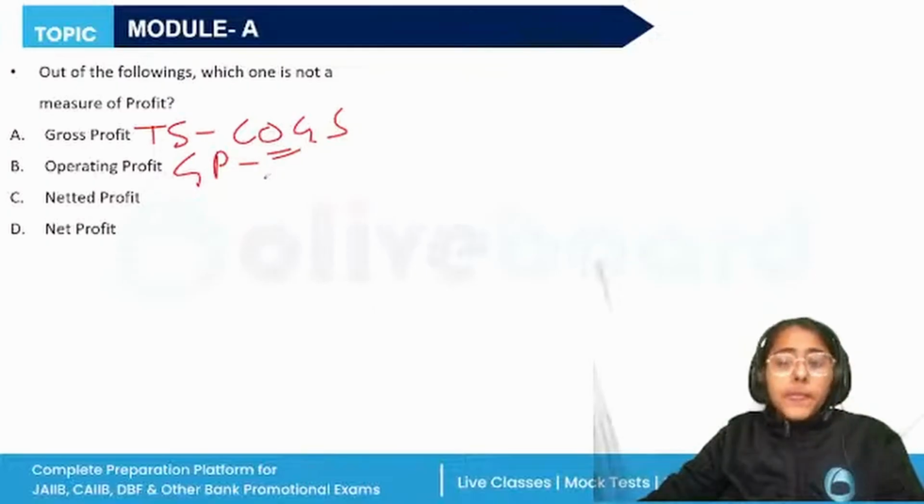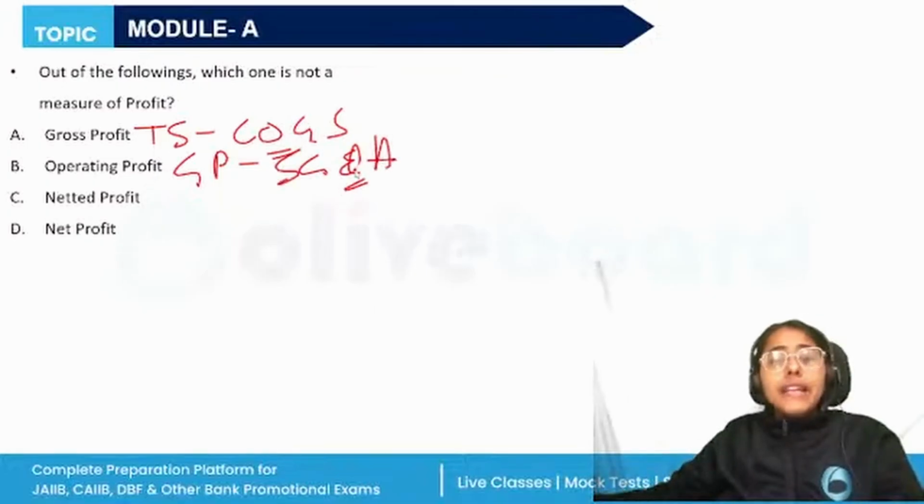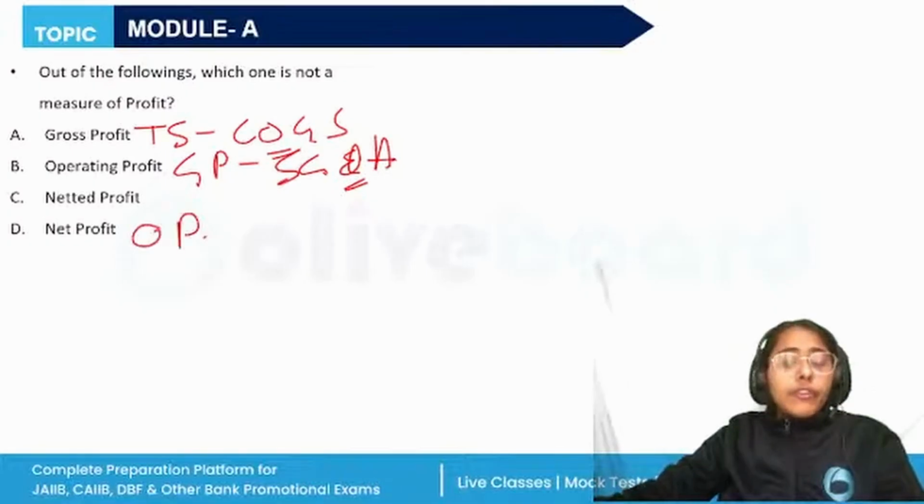operating expenses. The operating expenses are also known as SG and A. These are the operating expenses, like the selling, general and administrative costs. And then we have the bottom line profitability, which is net profit. Net profit after taking into account all the expenses, including the taxes and the interest. So out of the operating profit, we will deduct the taxes plus the interest which is paid by the unit.